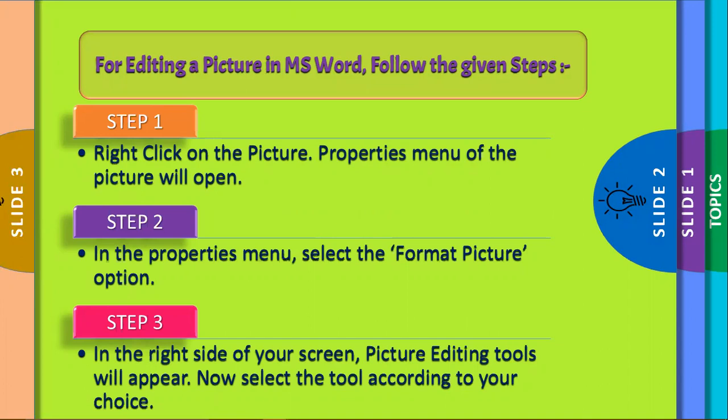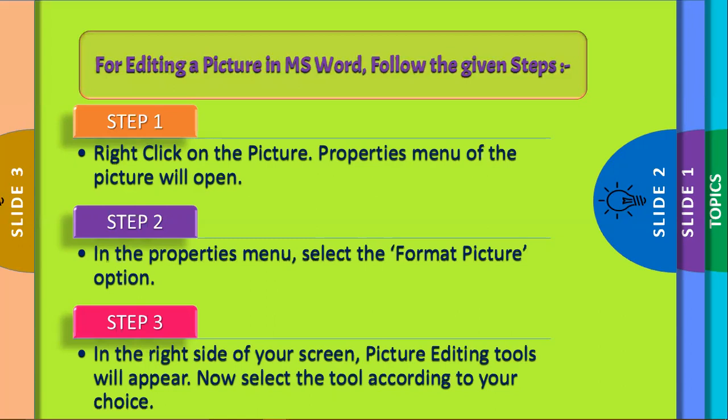The steps for editing a picture: first, you need to right click on the image or picture which you have inserted. When you right click on the picture, the properties menu of that picture will open, the same way as when you right clicked on the shape.